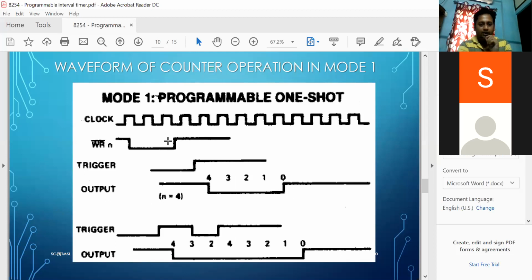After writing the value inside the counter, the get signal acts as a triggering signal. If the get signal is high, then after using that get signal, the counting will be started. So here in this position, I have loaded the value as 4. But at that time the get signal is not activated, so my counting will not be started. And when this get signal is high, that means it is activated, my counter will be started from this position,